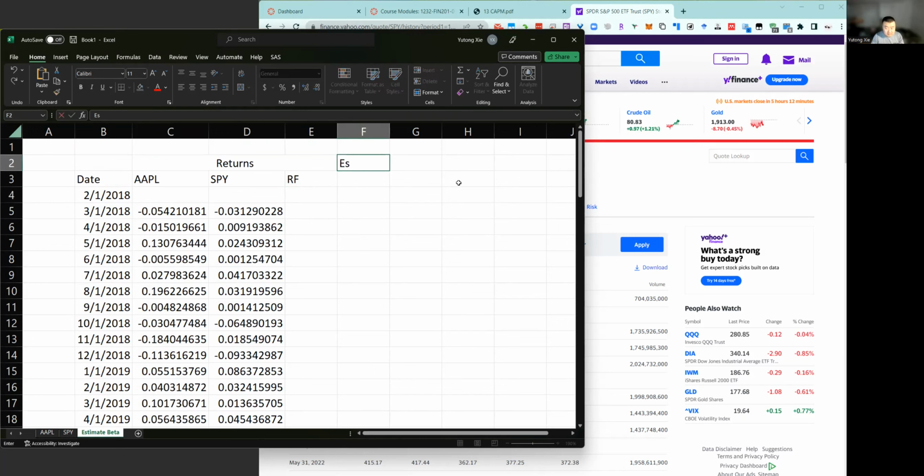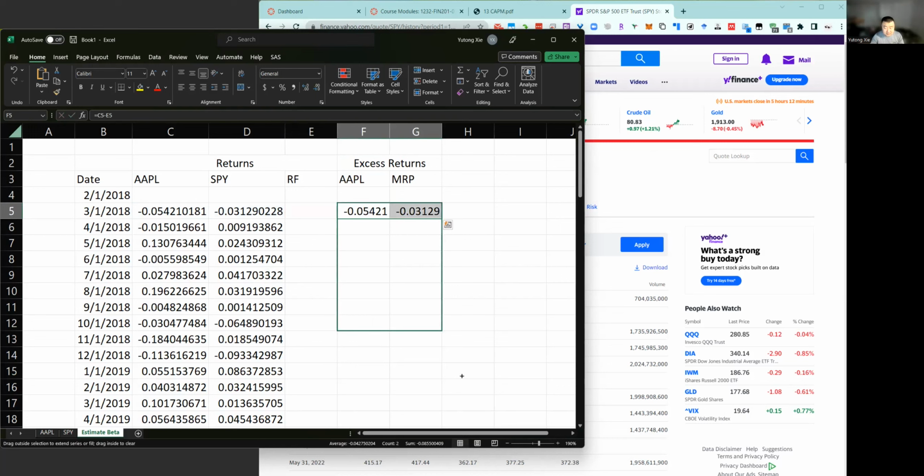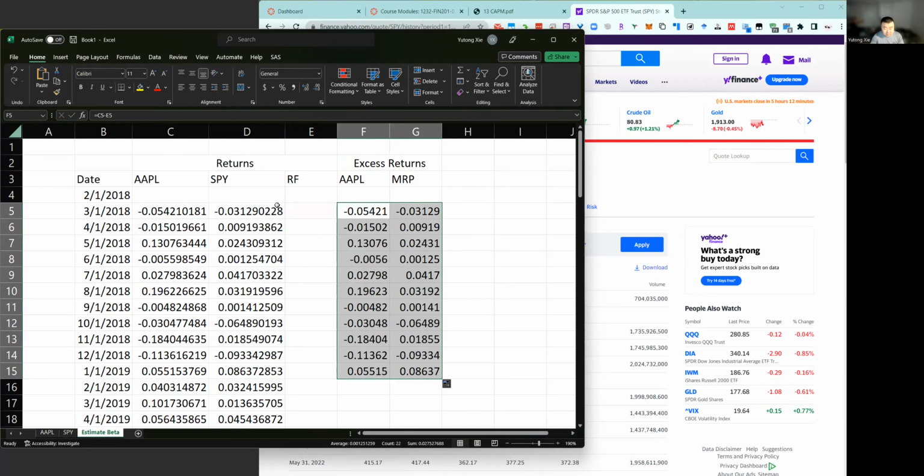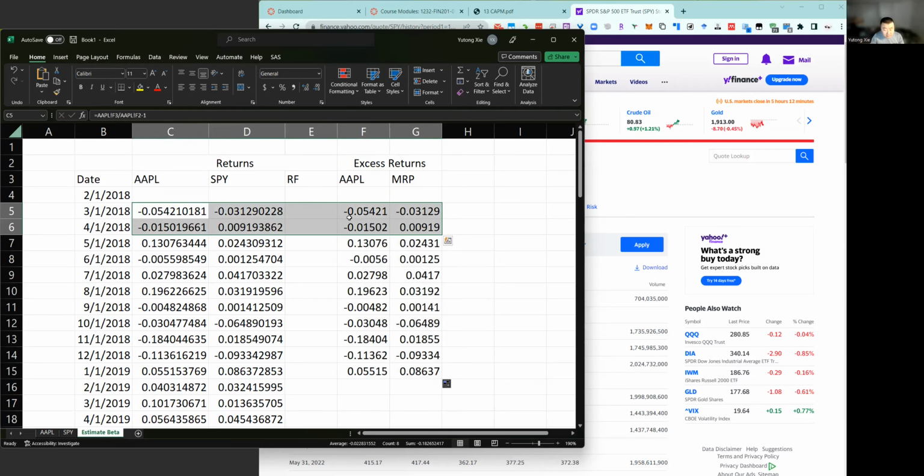So let's do excess returns, Apple, and market risk premium. For Apple, it's going to be Apple minus the risk-free rate. For the market risk premium, it's going to be SPY minus the risk-free rate. As you can see now, they're the same, right? If I copy down, they're going to be the same numbers. But